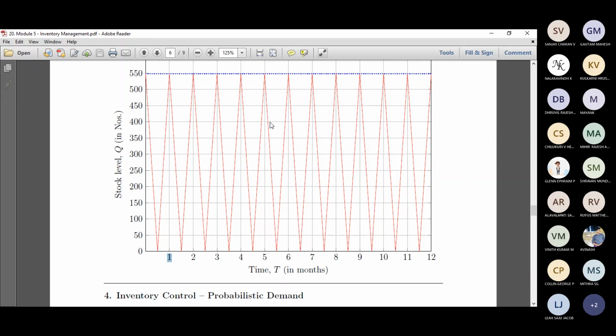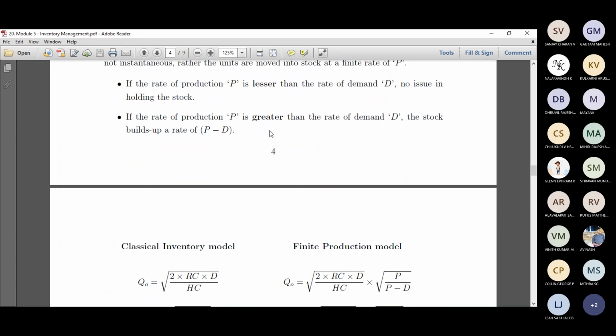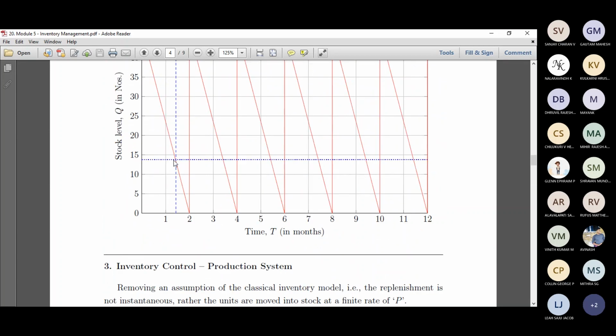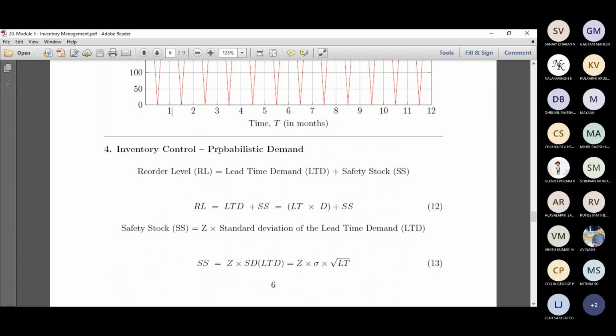In an inventory, we'll be looking into only selling of the items. In a production sector, we'll be looking into the replenishment as well as the production of that particular item as well. So the graph was something like this. Right. So far we talked about deterministic units, for example deterministic time, deterministic cycle length, deterministic stocks. What happens when we consider the probabilistic demand?